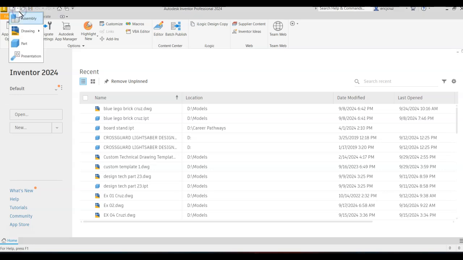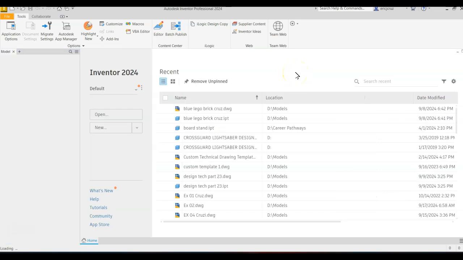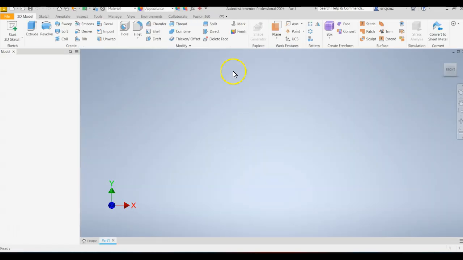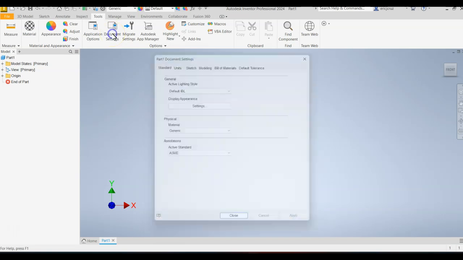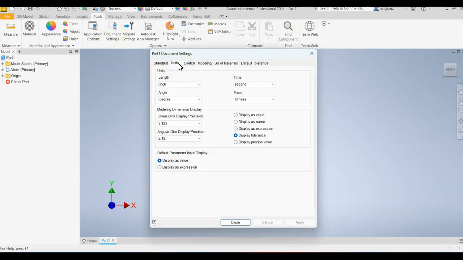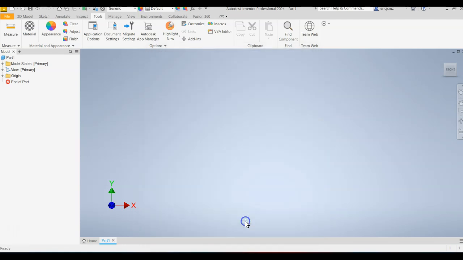Open Autodesk Inventor, start a new part by clicking on the drop down menu here and clicking on new part. Let that load, and for exercise 6 we're working with millimeters, so we're in the metric system. So we're going to double check in the tools tab here, document settings, click on the units, make sure your length here is set to millimeters, then click apply, close,